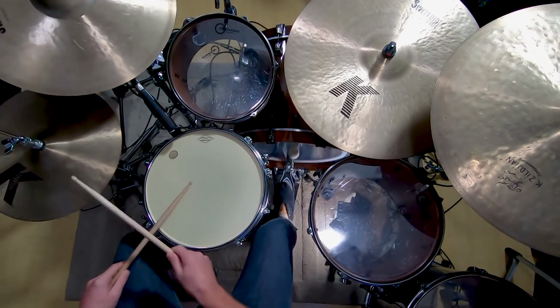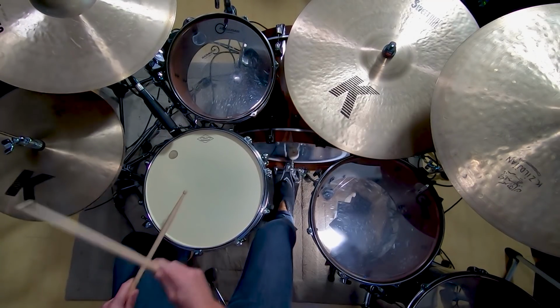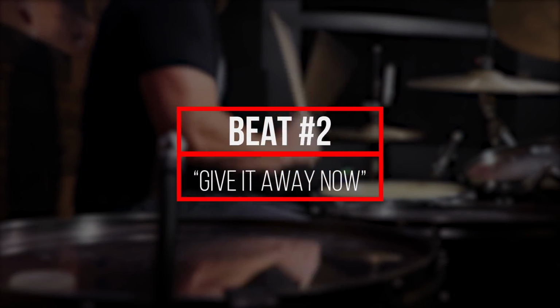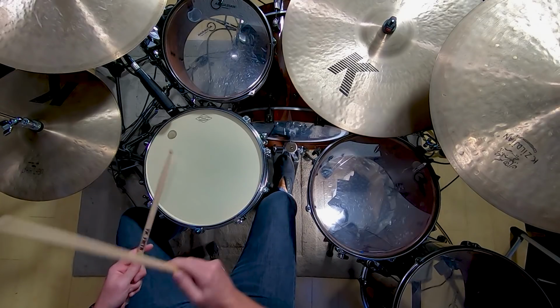It's going to be Give It Away Now. This is the main groove for that song. This groove's right up at the intro, and it's at 93 BPM once we get it to where we want it to, and the hi-hats are going to be open the whole time, all right? So 8th notes on the hi-hat, 2 and 4 on the snare drum. Pretty simple there. 3 and 4 and...